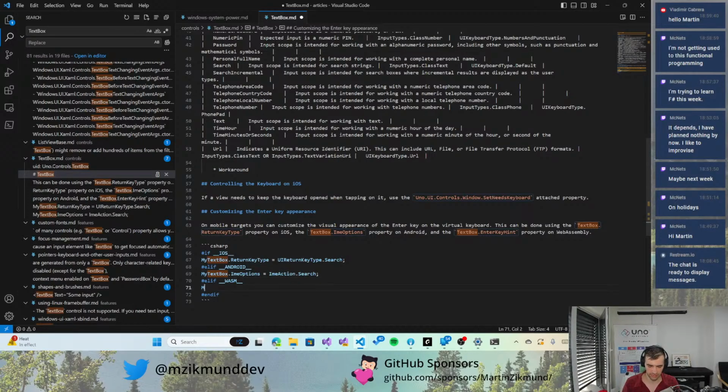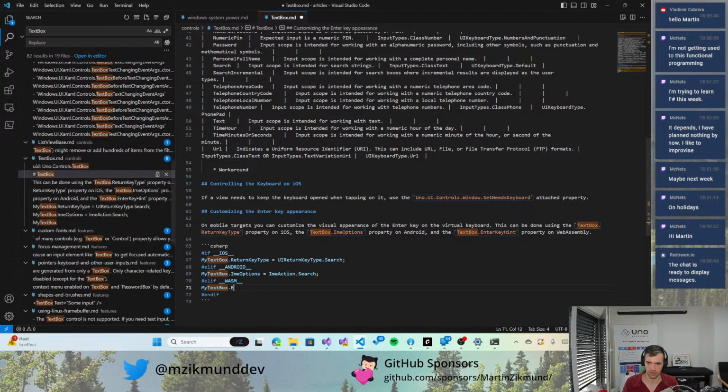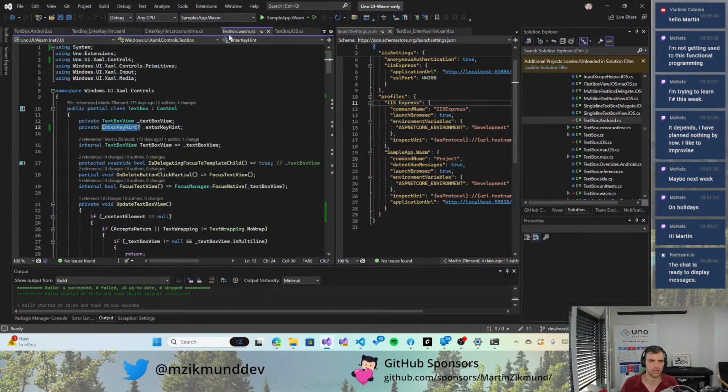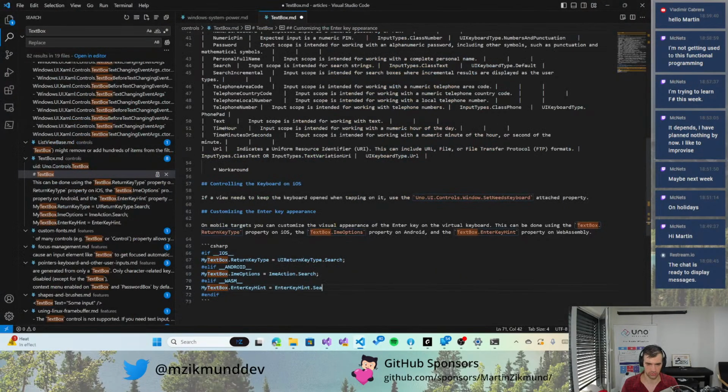And finally, text box, add the enter key hint, enter key hint, search, right? That was the search. Okay, so this would be a good enough example, I think, for